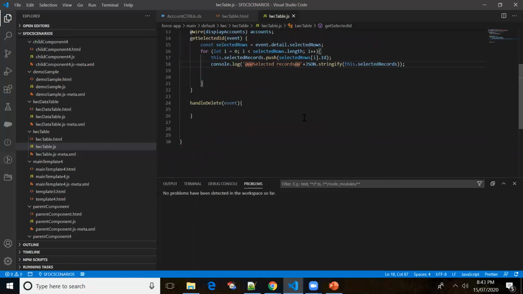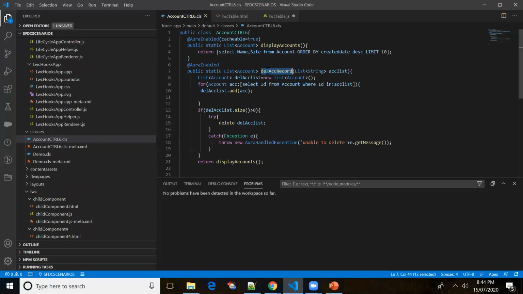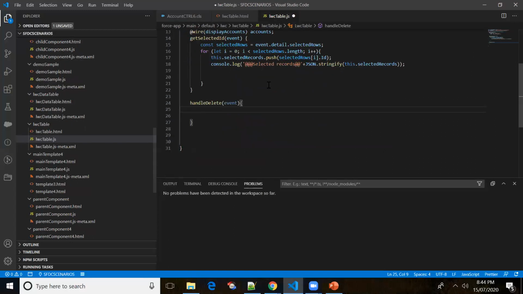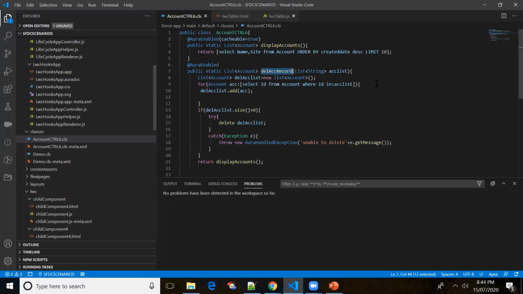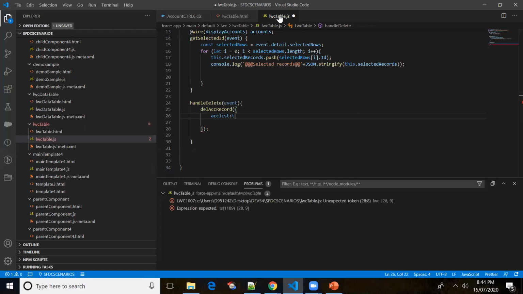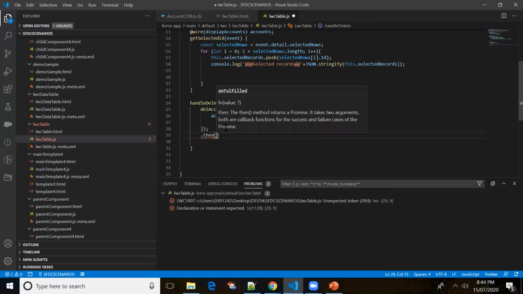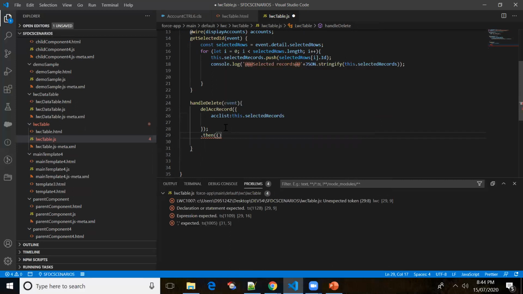Now once the user clicks on the delete button, we'll just pass the selected records to the Apex method. What is the name of the method? deleteAccountRecord. For this deleteAccountRecord, we're going to pass the value selected records. Let me copy the Apex param name, accList. So this.selectedRecords I'm passing, right? So if we are successfully able to delete the record,